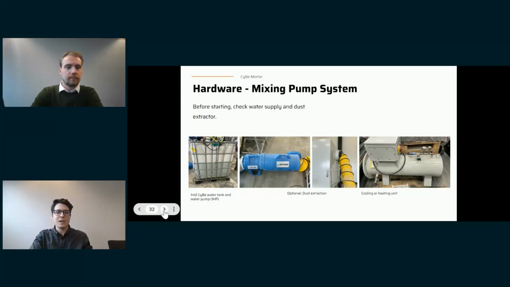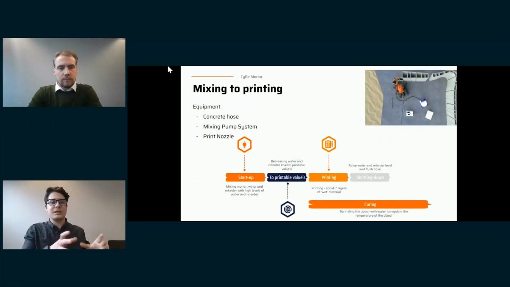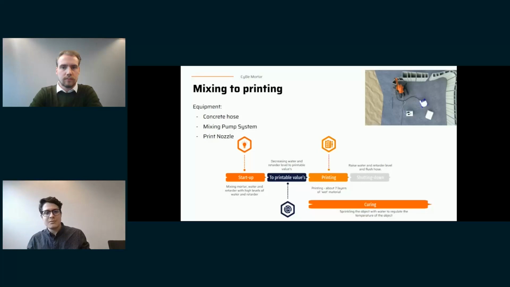So the way that we print, the process of mixing to print, just to put you in perspective: at the beginning we start the machine. At the beginning, the mix has a high level of water and a high level of retardant. We do this in order to give a little bit of lubricant around the hose, around the tube, the pump, so we avoid any kind of friction when we start printing.